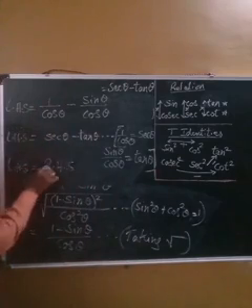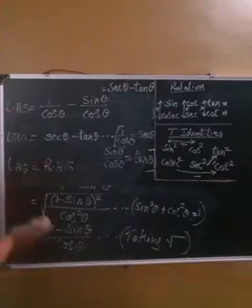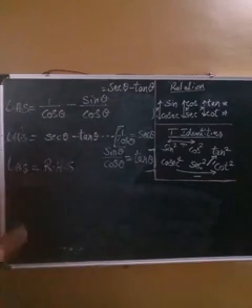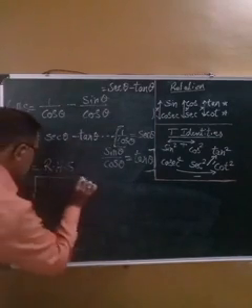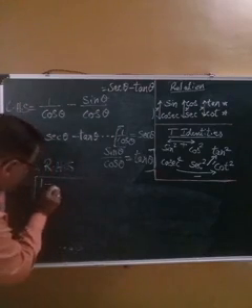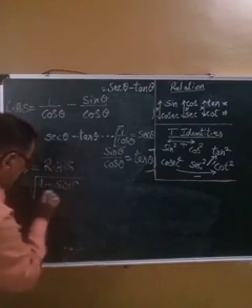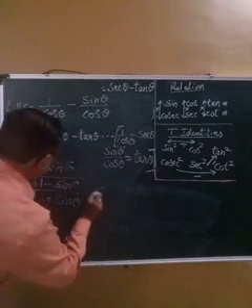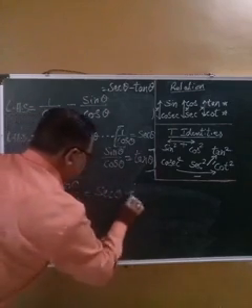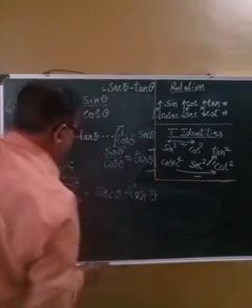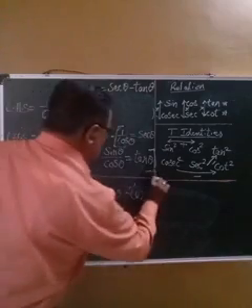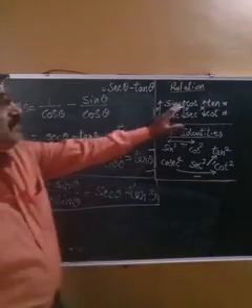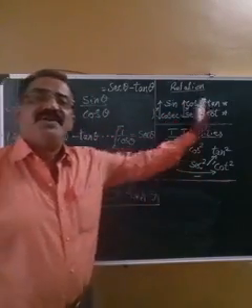So therefore LHS is equal to RHS, and after this we have to copy down the question as it is, and that question is therefore LHS under root 1 minus sin theta upon 1 plus sin theta is equal to sec theta minus tan theta. I hope you have understood how to prove the following relations of trigonometrical ratios by using these two formulas, which are very important.